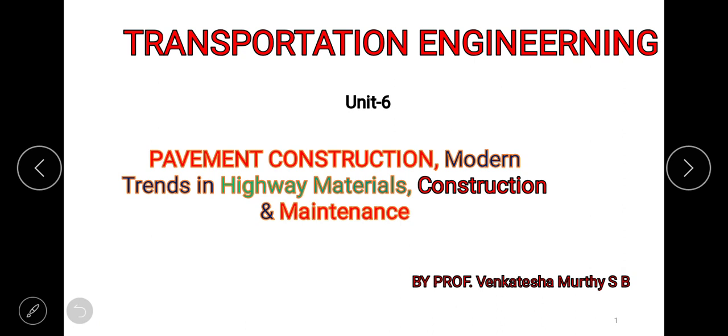Now the question arises how the pavements are constructed, right? That too nowadays, based on research works and various materials, construction and maintenance are being modernized.